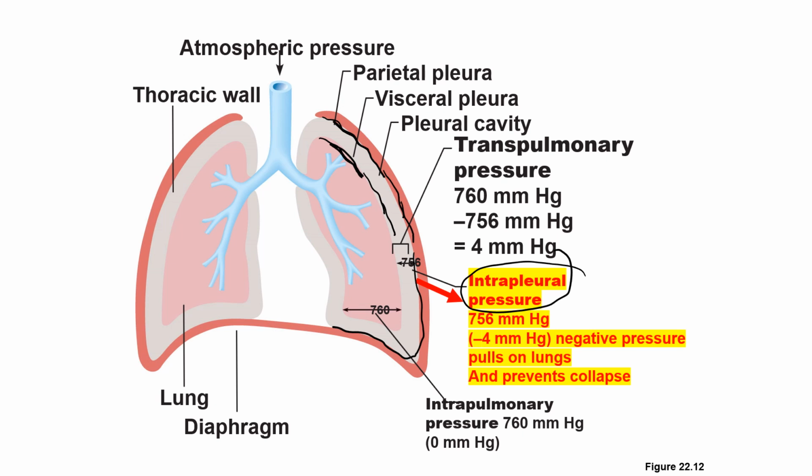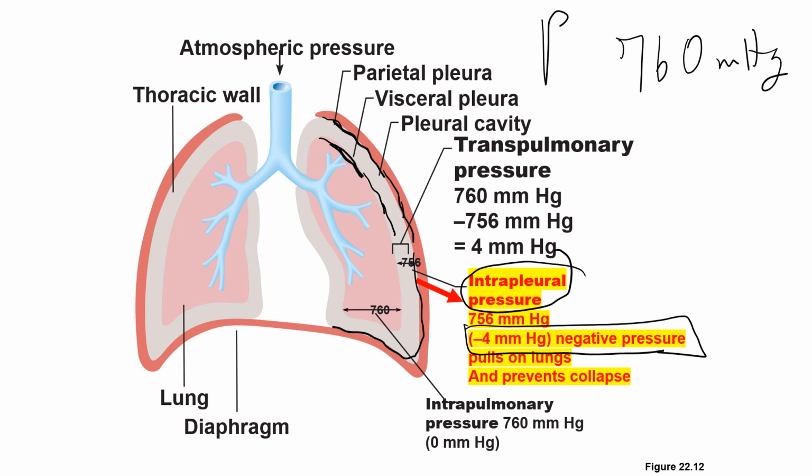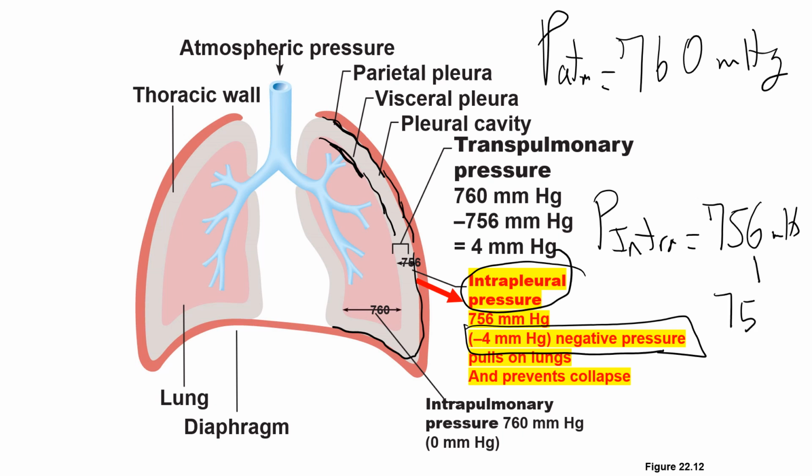The intrapleural pressure is always negative. It should always be negative. Negative meaning less than atmospheric pressure. So if atmospheric pressure is 760 millimeters of mercury, the pressure in the pleural space is always a negative pressure, always less. Intrapleural hovers between 756 millimeters of mercury all the way to 750 millimeters of mercury. So it's -4 to -6 millimeters of mercury less than atmospheric pressure. Actually that will be more like 758, not 750. All right, so essentially what that does, having a negative pressure in the pleural space creates a vacuum, and the pleural space is always pulling on the lungs